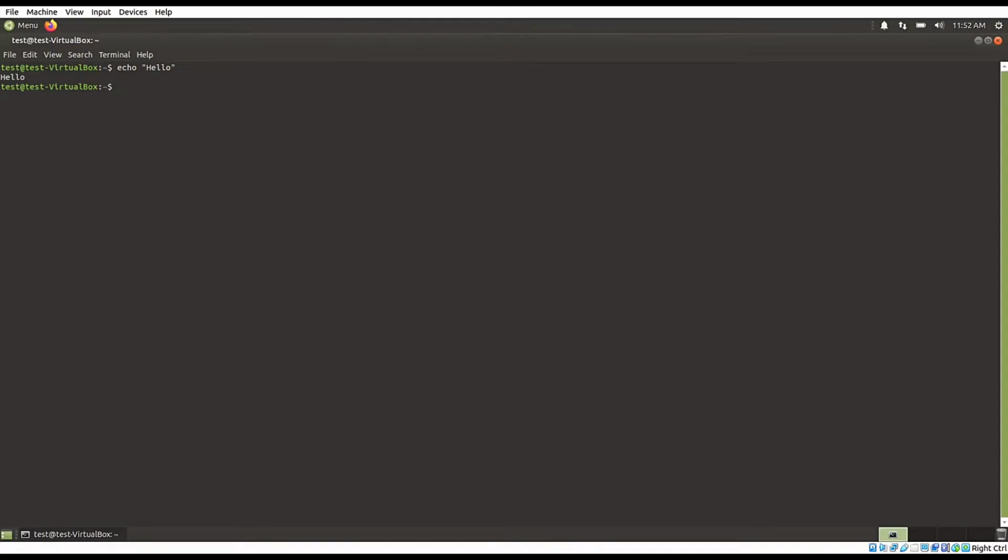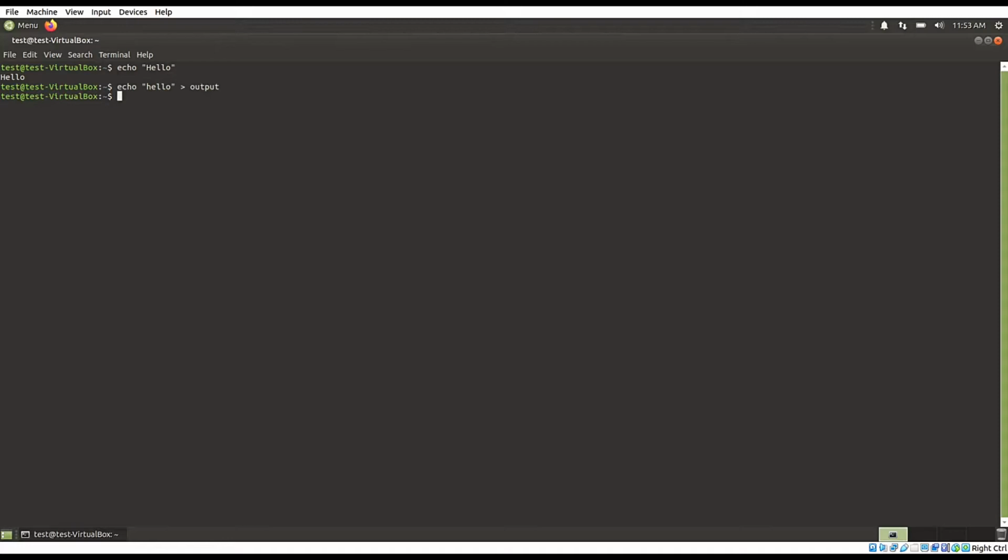What the echo does is print the text argument, but what if I want to transfer the output to a particular file and not to the screen? There we use the standard output redirection. So let's see how it works. Echo hello, and then we will use the standard output redirection symbol and then the output file, output.